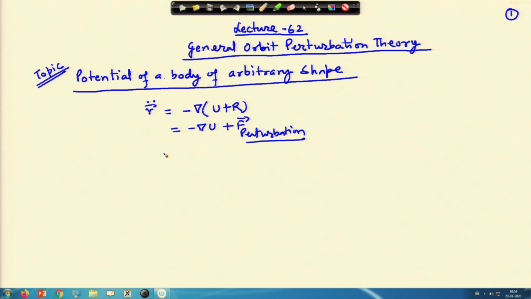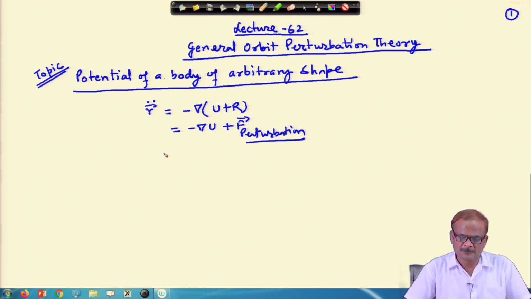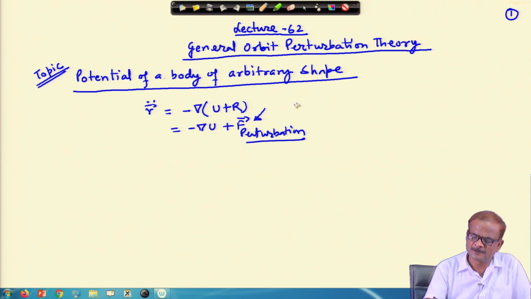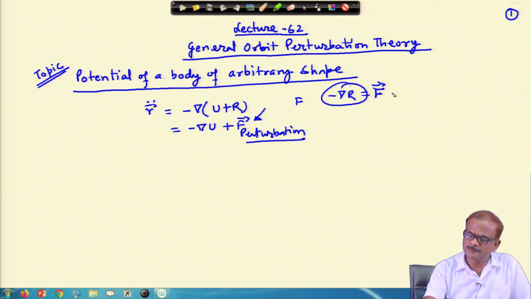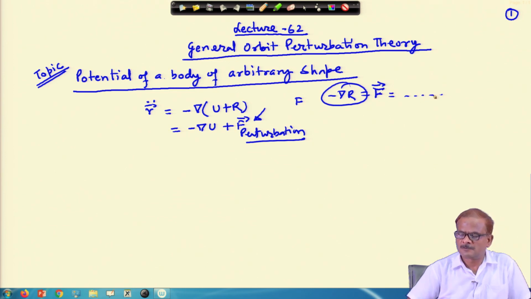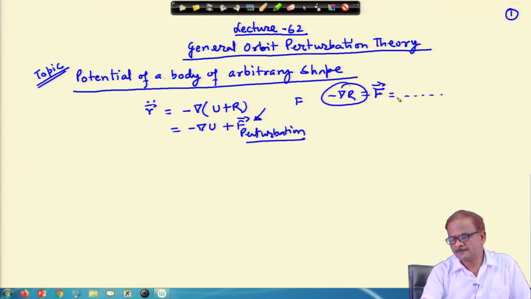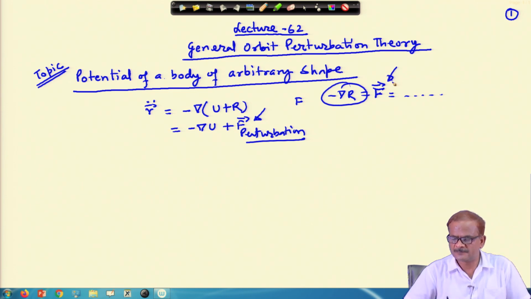and using this, this will be our first step to know how the perturbation term arises. Already we have looked at mathematically how it arises, but till now we have looked into the f form. Say we have this term minus del r. So, this del r equal to f, and we want to know what the features of this function f, or the force f, will be, and what terms are involved in that. So, this we need to derive.